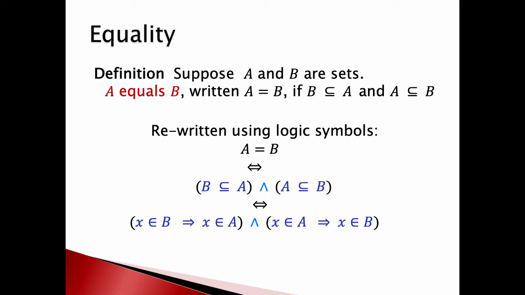In that case, parentheses. And I have to show that X is contained in A implies that X is contained in B. So you see, this writing around in the logic symbols gives us our roadmap now for how to show something. If I need to prove that two sets are equal, then here we go. Right? I do it in two cases. I take an element of one set and show that it has to be in the other. I take an element of the other set and show it has to be in the first one, vice versa.